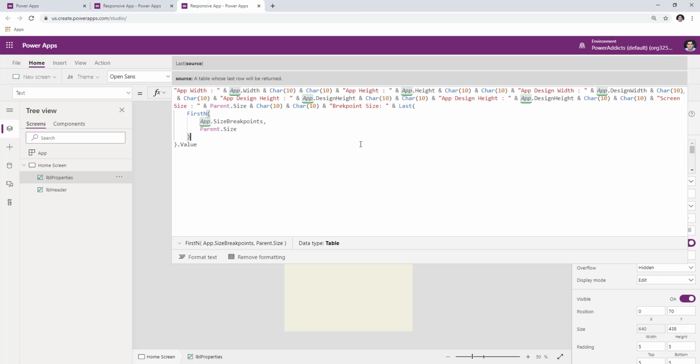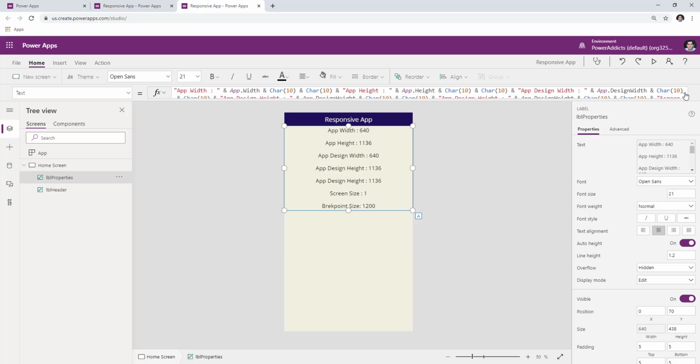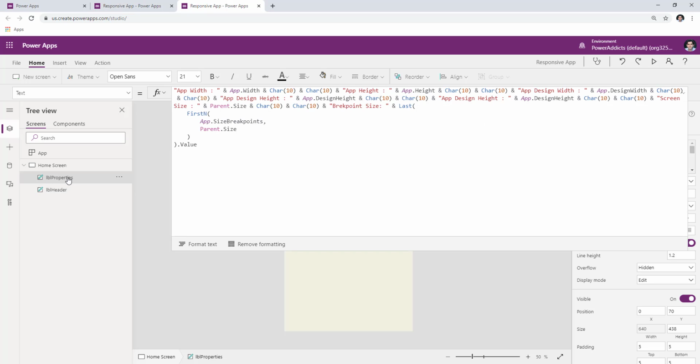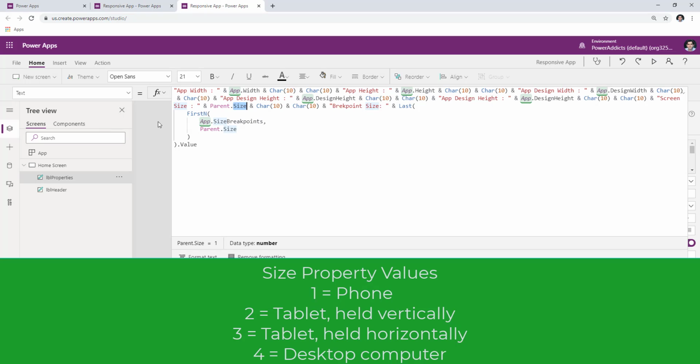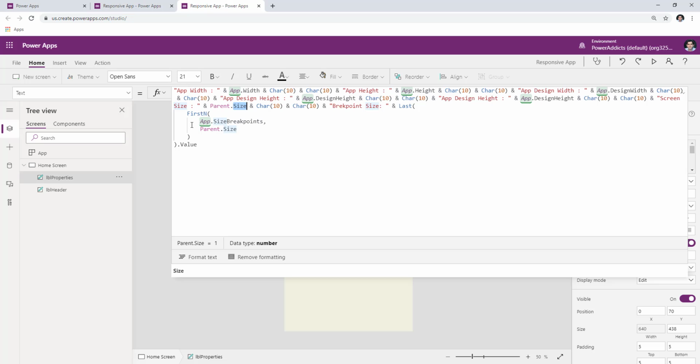Now, one property that's available on the screen is known as size. For this label, if I select parent, that's my screen, dot size, this will give me a numeric value, which will tell me the size of my screen. Now, this numeric value will either be 1, 2, 3, or 4, depending upon the type of the device. So remember, you don't have to calculate the height, width, dimensions every time. You don't want to get into that calculation business. And that's the reason why we have the screen size property that will let you know what kind of device